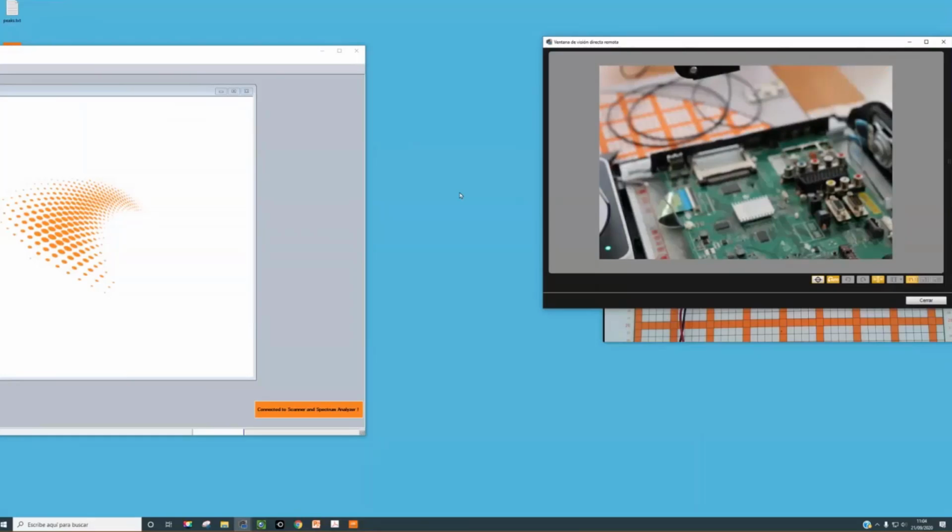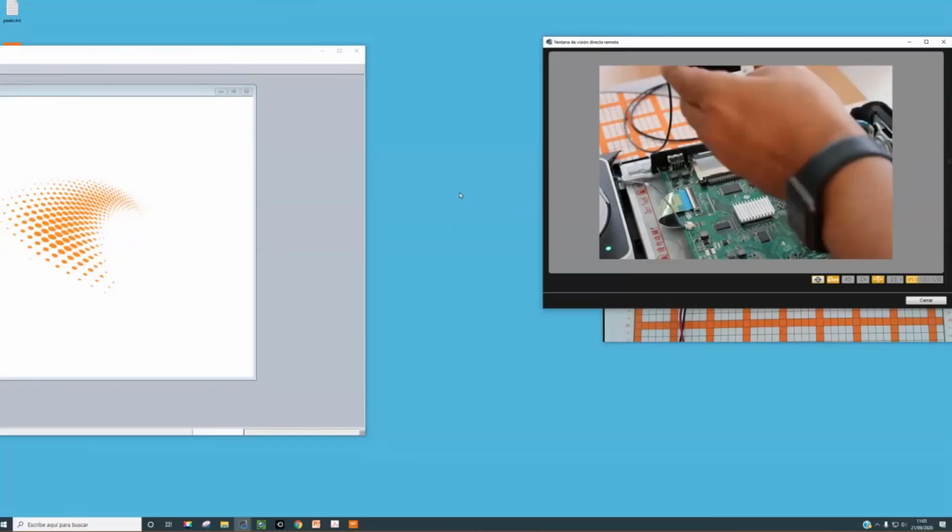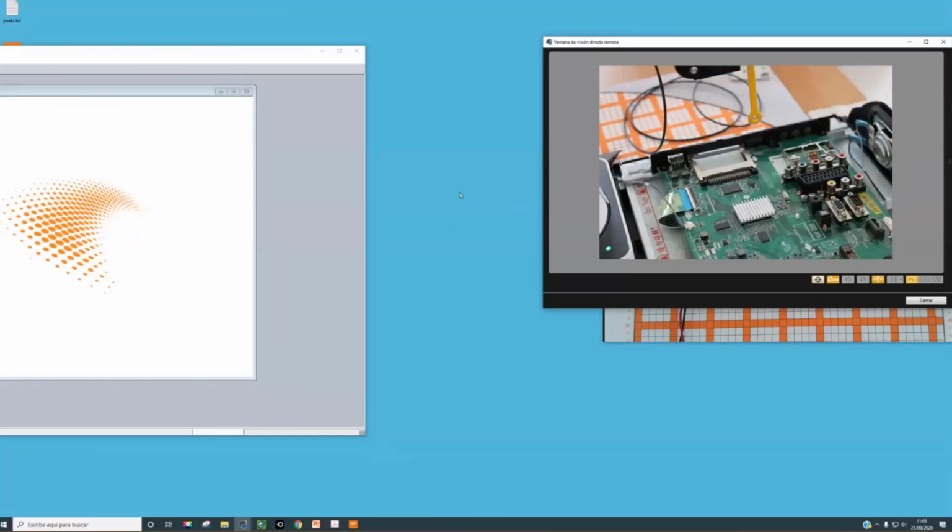Okay, I will put the cover. So let's go to introduce the probe now. I'm going to introduce the probe. Now we have the probe in the system. And now I show you the spectral